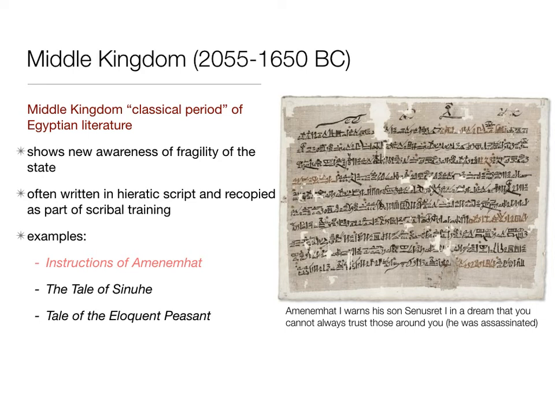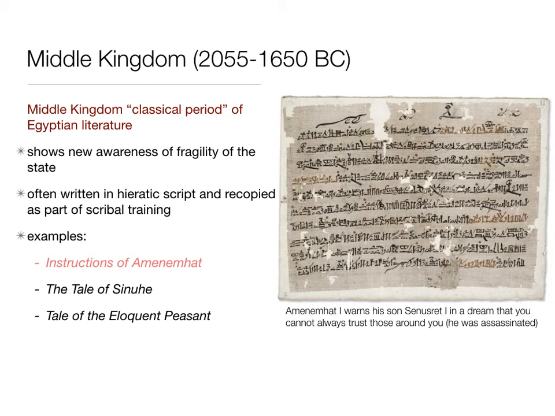You really get a sense that after the First Intermediate Period, if it's not reading too much into it, you get a sense that Egypt understands that it is a fragile thing. It's not inevitable that it's going to last forever, that kings are vulnerable, and this is kind of reflected in